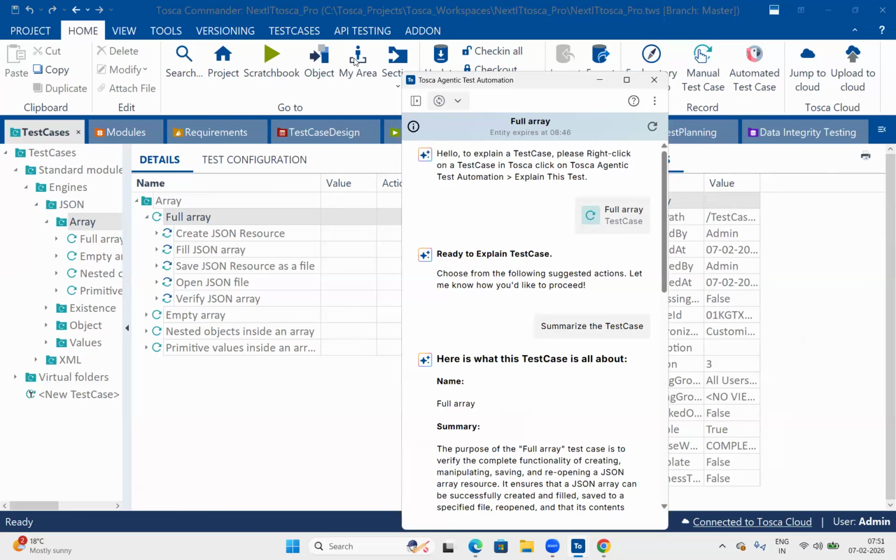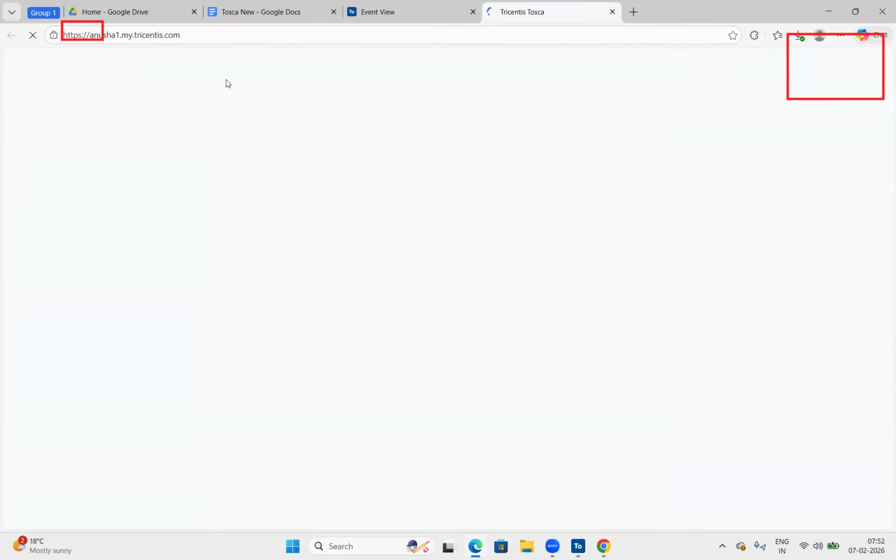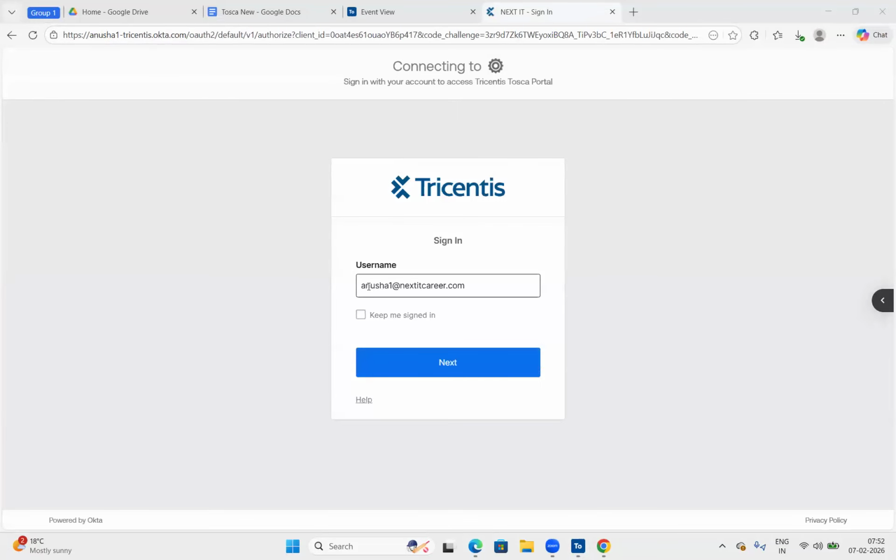So here, one more thing you can see within the home tab. On the right side of the home tab, you can see the Jump to Cloud and Upload to Cloud options. If you click on Jump to Cloud, it goes directly to the cloud URL. This is your cloud URL. The same CA is capital here. That is the thing I missed earlier.